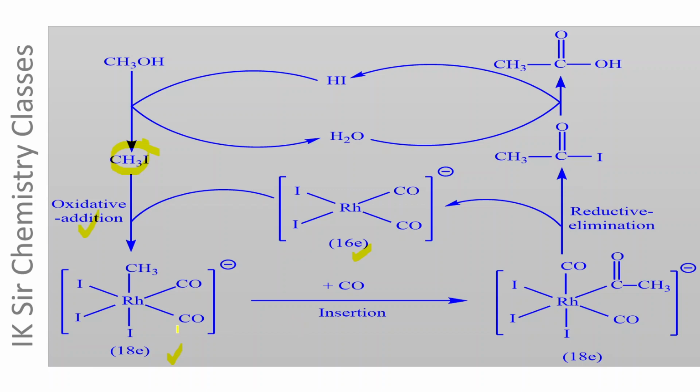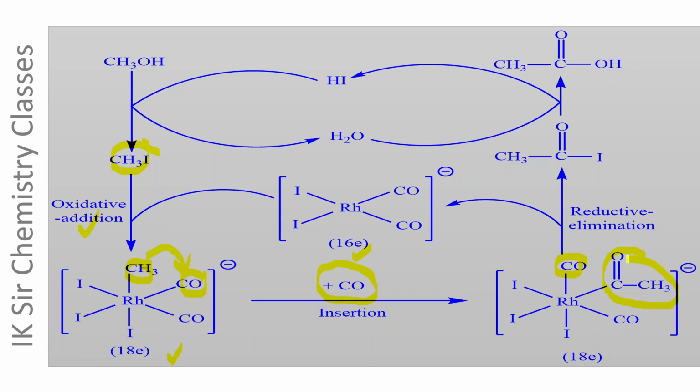Then there is migratory insertion reaction of CO into the Rh-CH3 bond. During this reaction, CH3 migrates to the adjacent carbonyl group, producing a vacant coordination site, and this vacant coordination site is occupied by a CO molecule from the reaction medium, and as a result of this migratory insertion reaction, we get an acyl